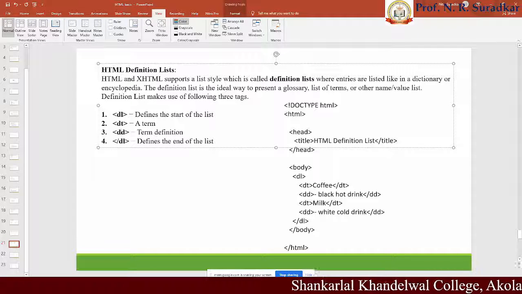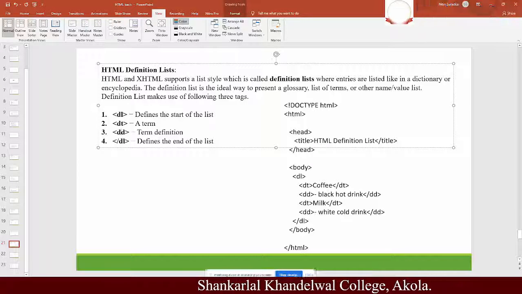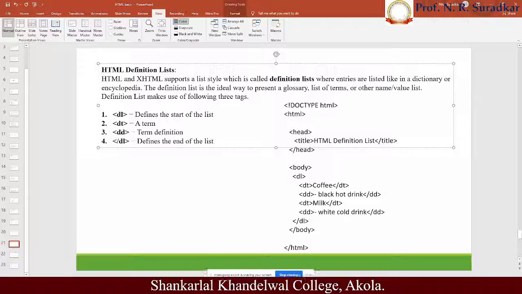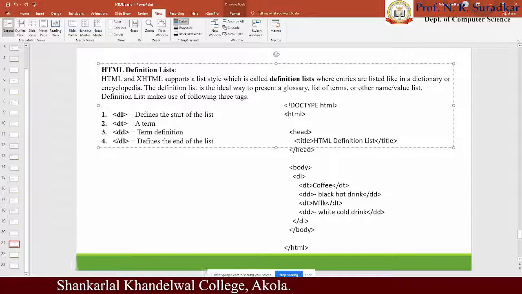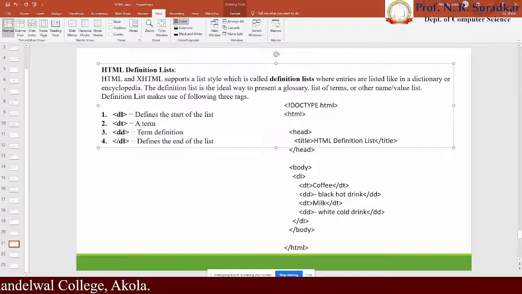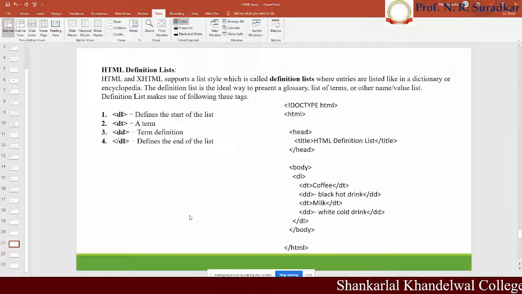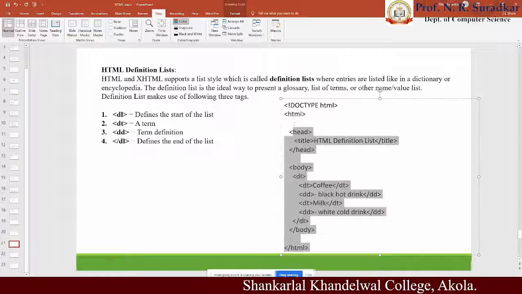That's why whenever we use the definition list tag, we have to use 3 tags there. First is the DL, the main tag, definition list tag, opening and closing. Then DT, which puts the name of a term, also opening and closing. Then whichever text or information is associated with that term has to be put into the DD tag, that is the data definition tag. All these tags collectively are used as a definition list tag, which is normally used to show content in your web pages. I am copying the content from here.